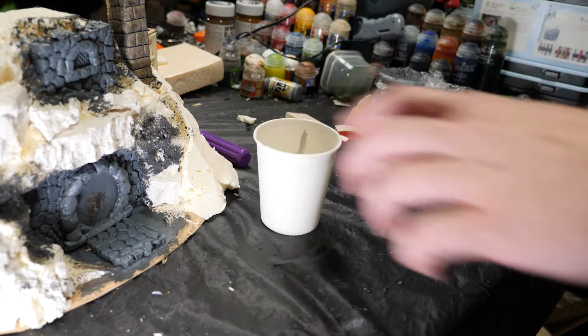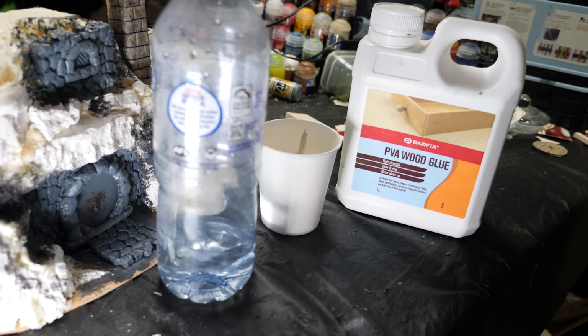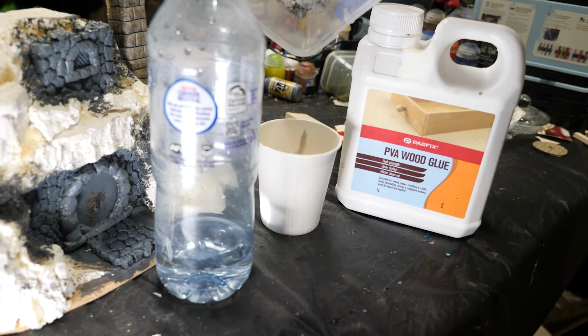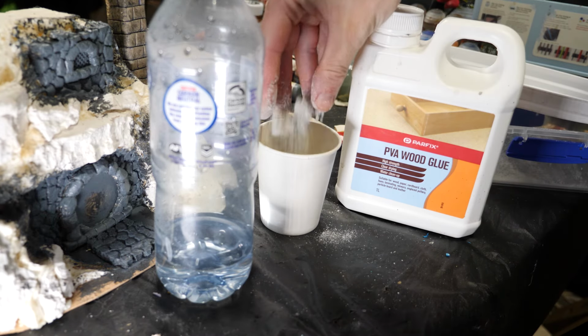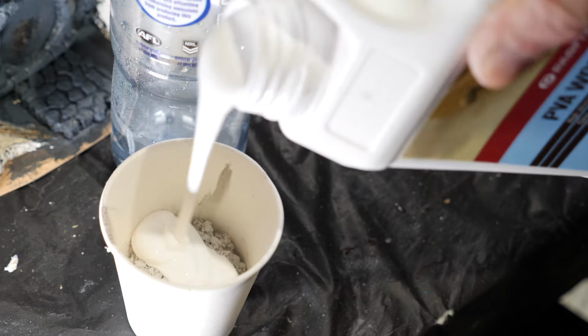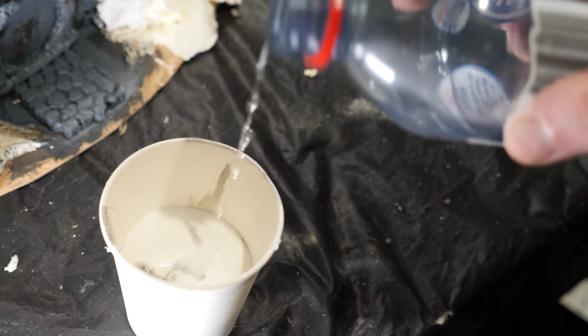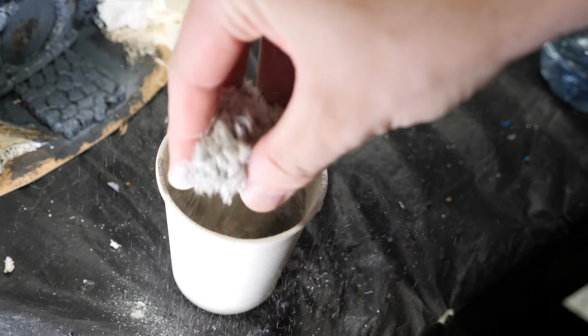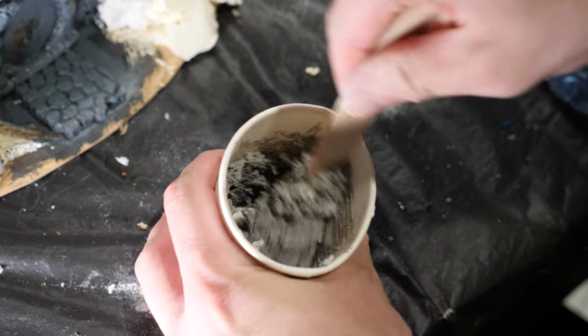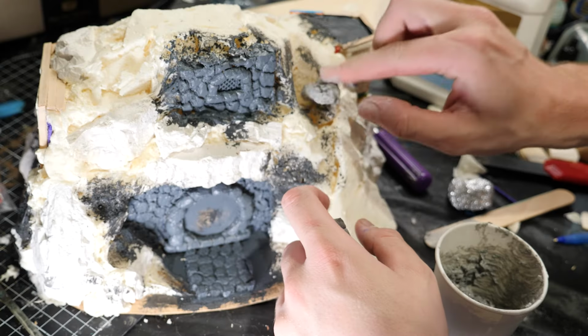Now it's time for some texturing. For this, I'm going to be using a homemade Sculptomold. Essentially, we're going to be grabbing the Sculptomold base, which I built in an old video that I will link here, adding in some PVA glue, some water, and a little bit of paint just to give us a nice base. This needs a little bit of extra mix till we get a nice texture,